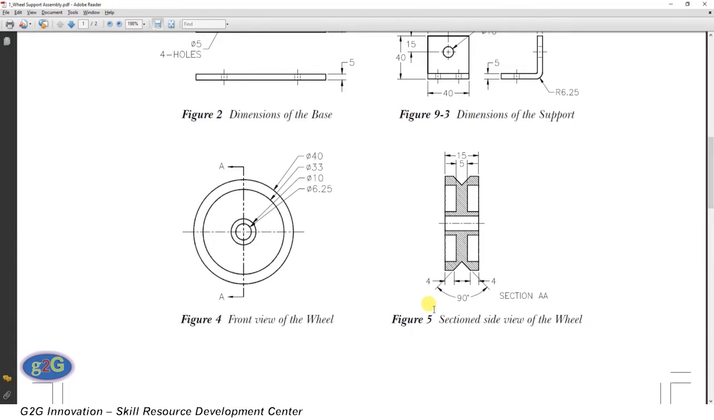Now let us design the next component, that is a wheel. For designing this wheel, we will be making this cross section. So we'll be creating this line first, and that line is at a distance of 3.125 mm. So we have a diameter of 6.25 mm, and the distance will be 6.25 divided by 2, that is 3.125. So let's create a line,